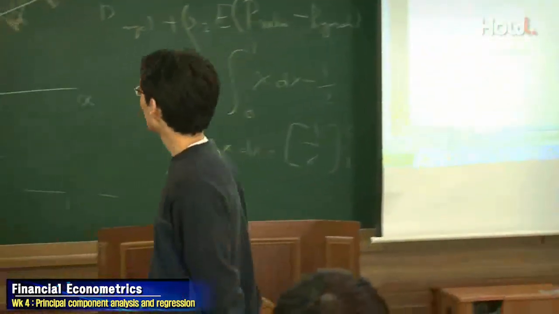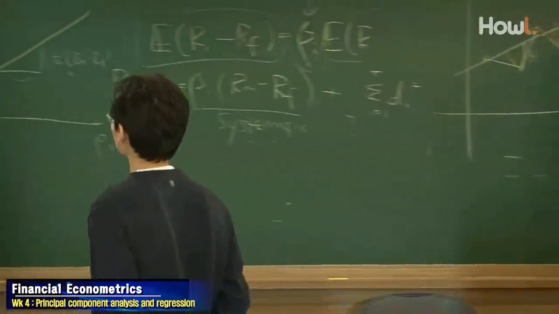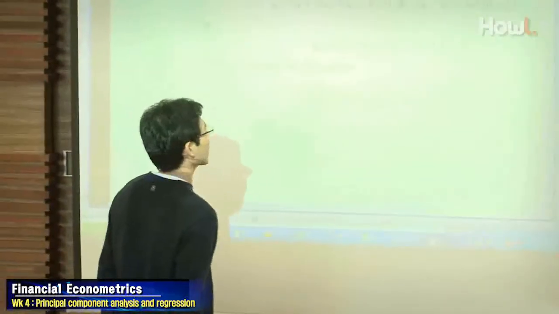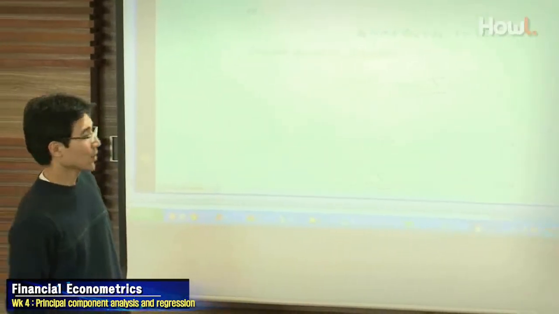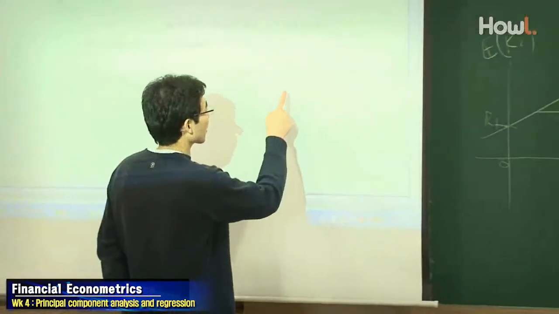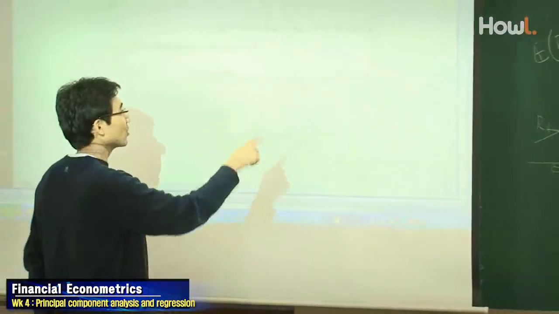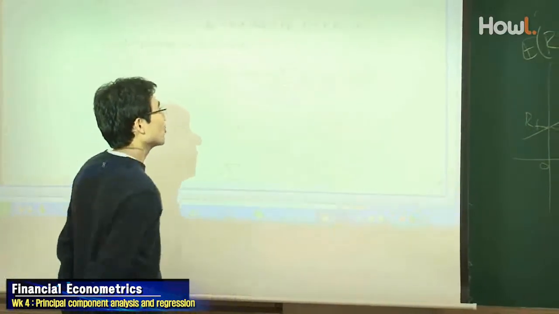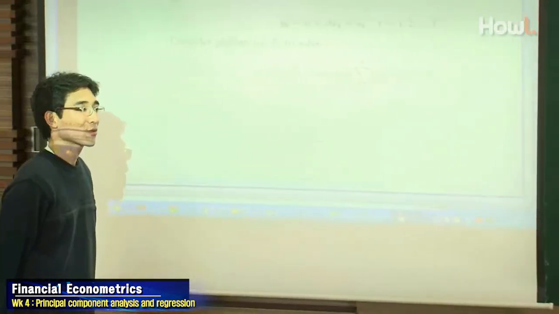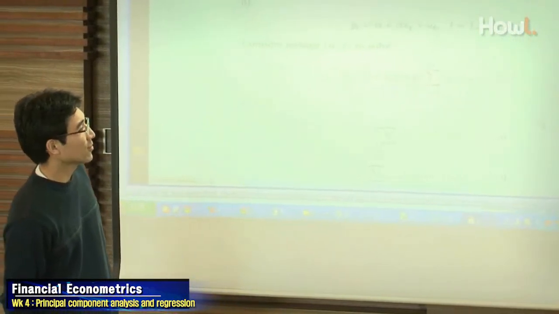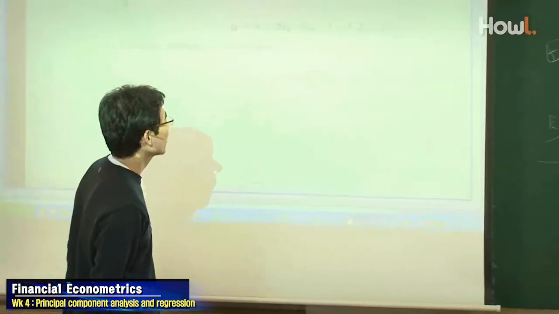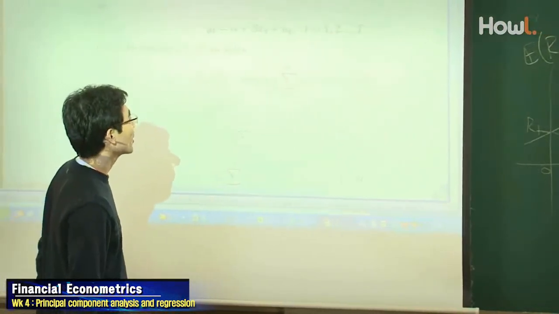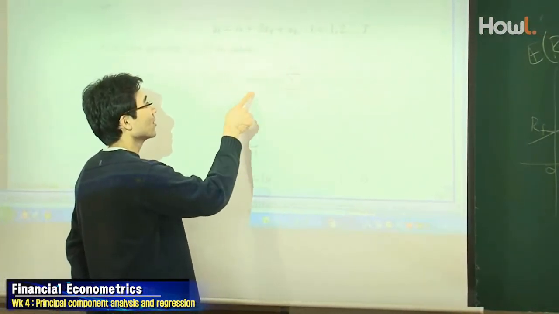So basically, at each point the line is alpha plus beta xi, and the data is yi. Therefore, yi minus alpha minus beta xi, squared, is the squared error. We want to sum them up and minimize the sum of squared errors, and we want to find the line. The line can be completely characterized by alpha and beta. So our goal is to find alpha and beta